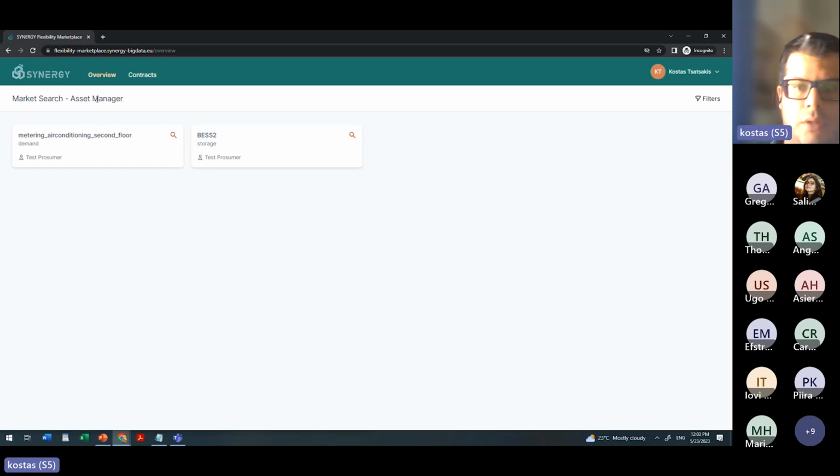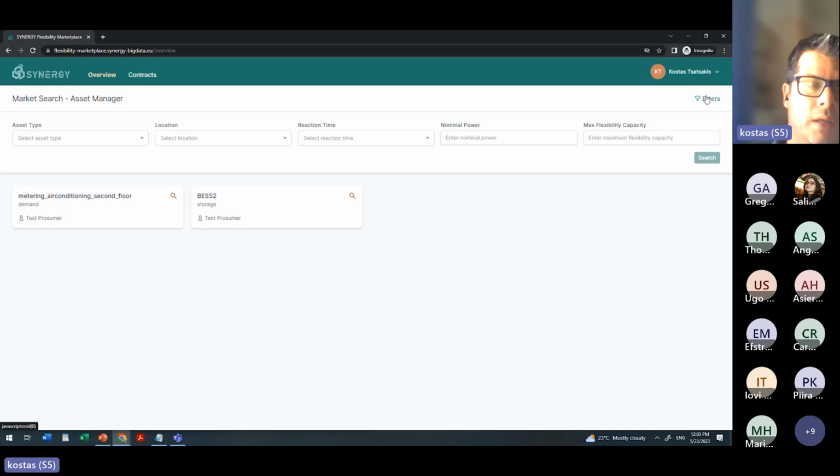For this user, you can see that we have two different assets available, a demand-side asset, which is an air conditioning system, and a storage unit, which acts also as a flexible asset in Synergy project. The user has a filtering view where he or she is able to get a view on the different types of assets based on the typology that we are considering in the project, the location where the asset is placed, as well as considering some energy and flexibility related characteristics for the characterization of the different assets, the nominal power, the flexibility capacity of each asset, as well as the reaction time for participation of the different